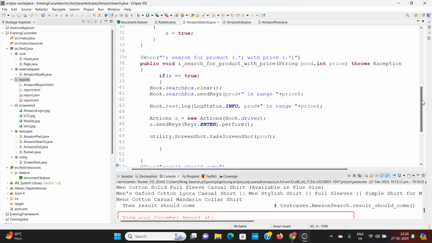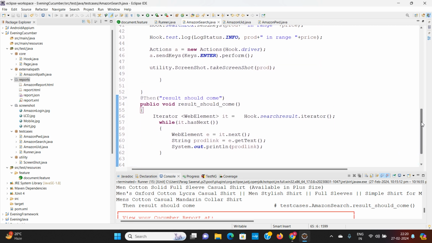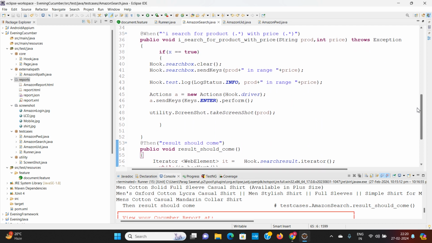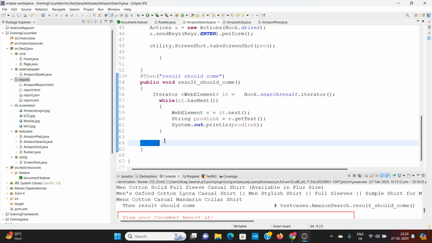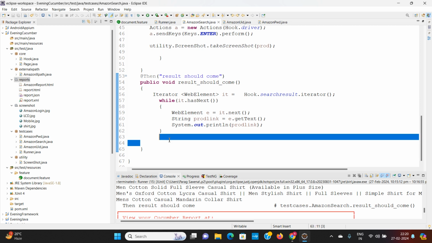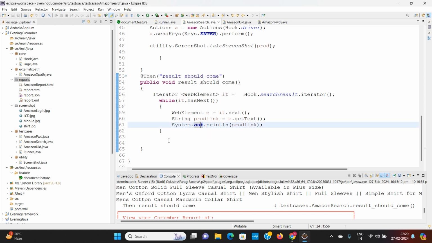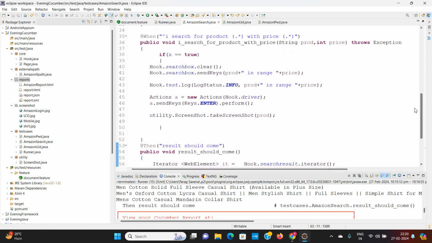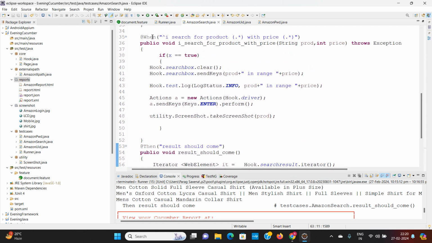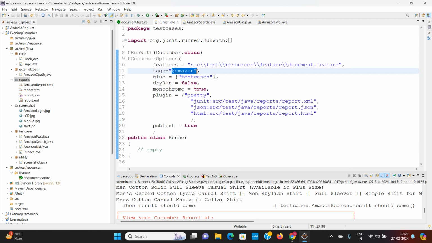Okay, I will see what solution we can give, because if I close it over here, then it will close the browser and the login session will be closed, and the second result it will not be able to find. So we can do something else. I'll check what we can do. First of all, I will run this. What we have done, we have written this at the rate Amazon, and then I will run it to check whether all the tests are executed or not.